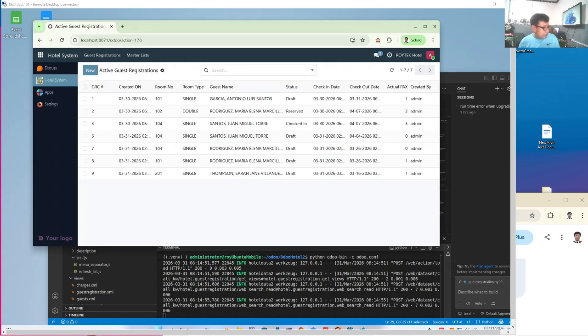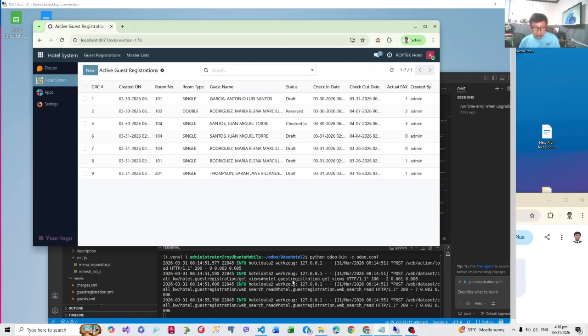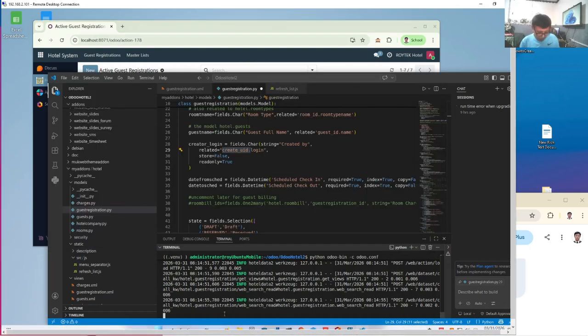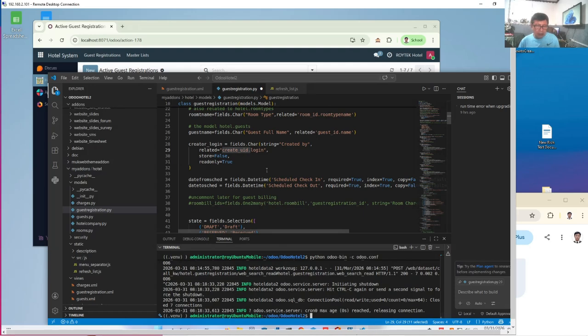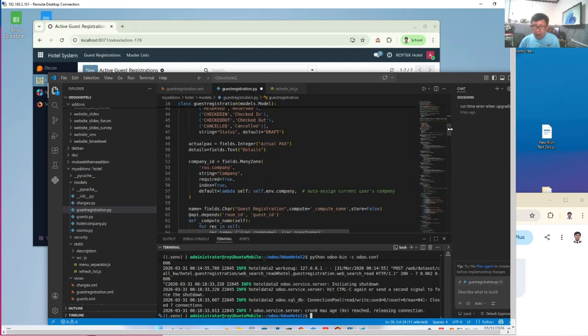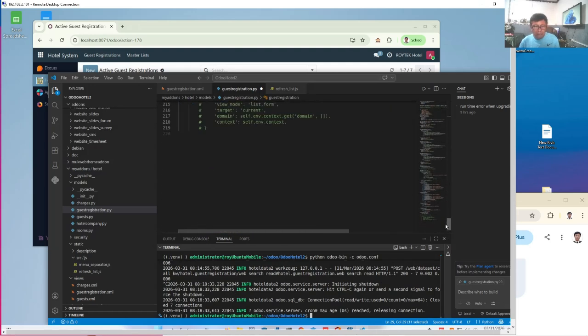Now first let's head over to our guest_registration.py and create the button action for the refresh button. So let's stop our server. This is our guest_registration.py. We'll go right away to the bottom. I have already figured it out, so it's a very short function.